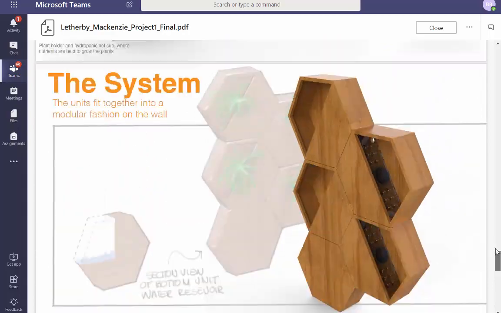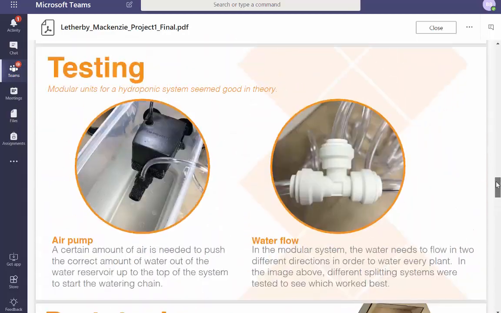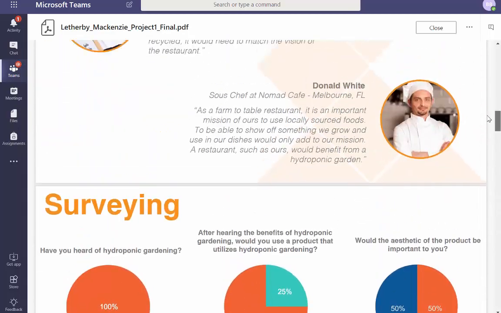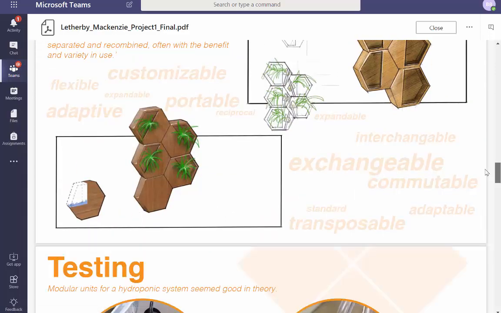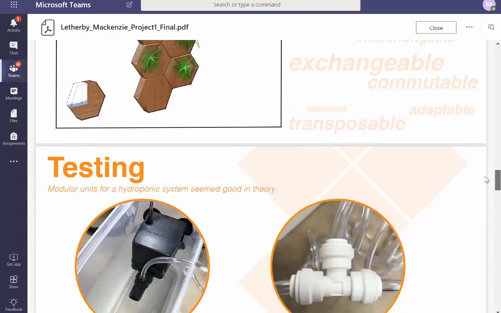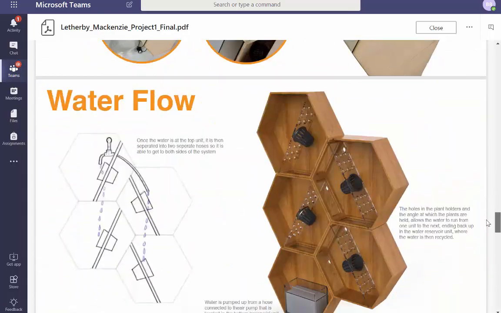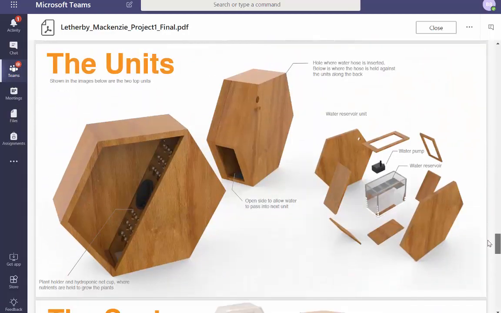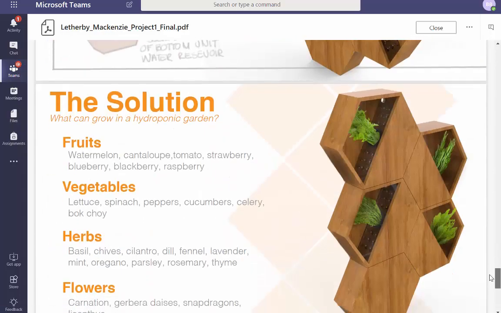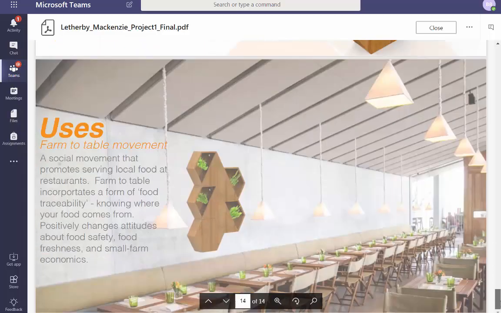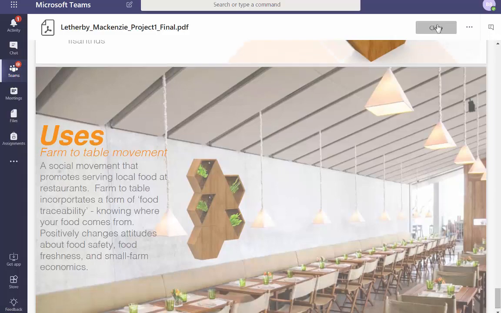And speaking of scale, you really never showed me scale. Ever. There's scalability in the fact that it's modular, but I don't know how big one unit is. So when you tell me it produces a watermelon, I look at this greenery, I'm like, can't do it. So I think scale would be an important addition to this project.